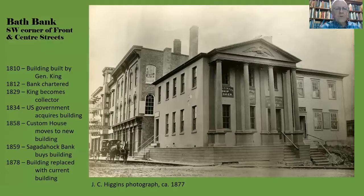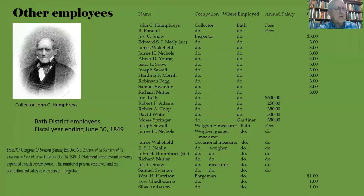Here's another listing from 1849 of all the employees at that time. This collector, John C. Humphreys, was from Brunswick, actually. And I noticed that when he was collector here, he did not bring his family to Bath to live. People paid attention. But some of his children actually came to Bath later to live, and his wife was from Bath. But in any case, he served for his 4 years, and he was out earlier in 1849, and his replacement, Benjamin Randall, took his place